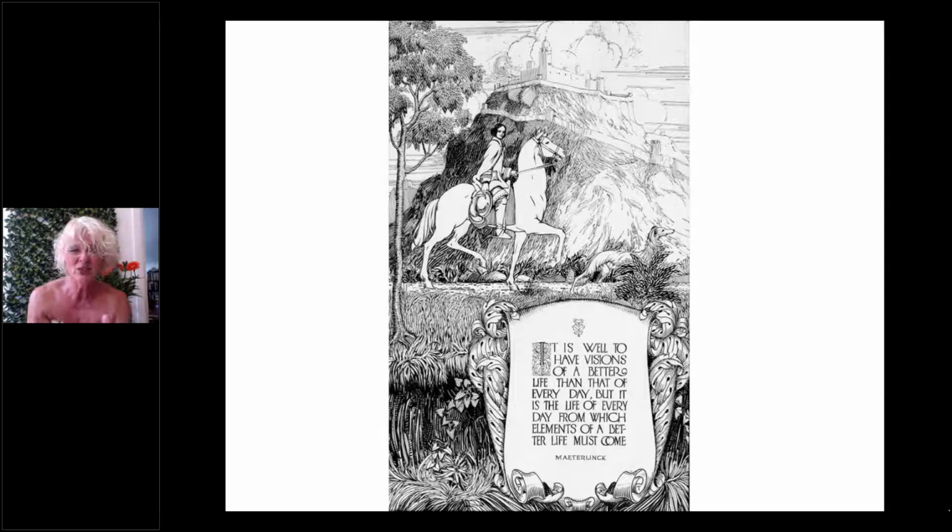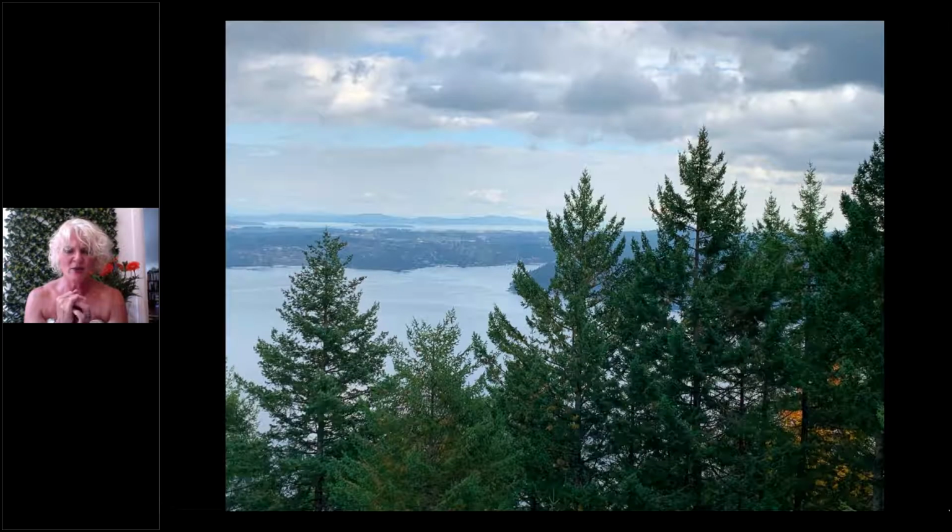Thomson's fascination with nature, his fascination more specifically with Algonquin Park, really began in 1912. Here we have Algonquin Park and a little bit of what it would have looked like when he went there. Now, Algonquin Park was established in 1893. It was Canada's first national park. It was designed to be both a recreational space and a logging space.